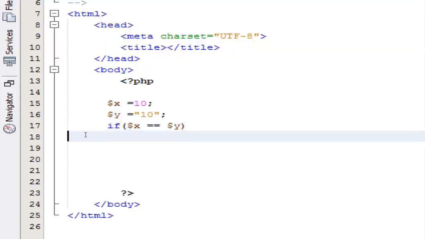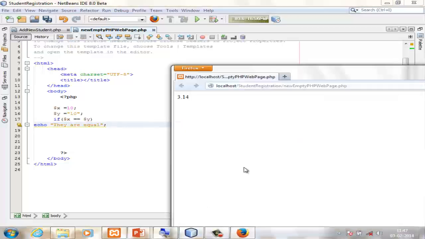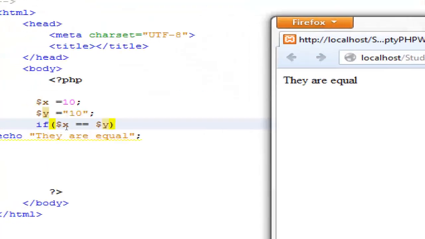Echo, they are equal. Okay, if they are equal, I'm just asking it. This is a statement. Let me go over here, and in order to save some time, I will not format everything. And you notice that even though the data types are different, the values are the same, and you know very well